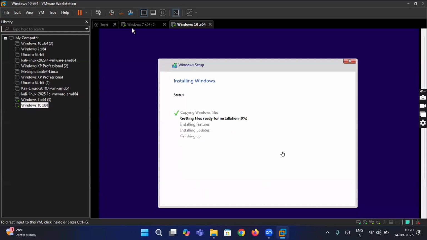Once this process is completed, you just have to click on the next button. In Windows 10, there are a few other steps that you have to do. In that case, you just have to click on next buttons. When it reaches the point where it asks you to create a Microsoft account, you don't have to click on that option. Instead, in the bottom left corner of the screen, you will find an option of offline account. Click on that, and then in the same location it will show you an option of